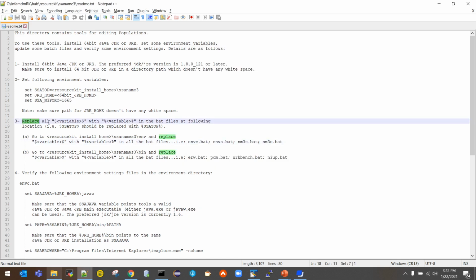Step 3 is replacing all the dollar variables with the percentage variables in the following batch files. So for example, $SSA_TOP$ should be replaced with %SSA_TOP%.